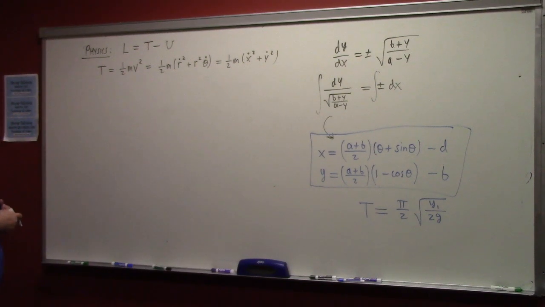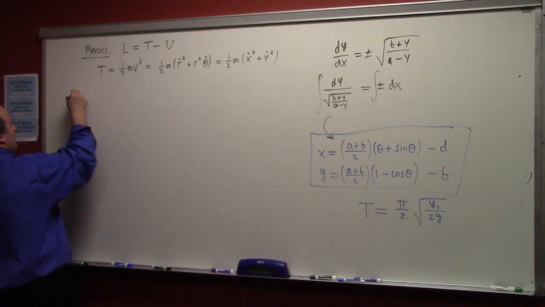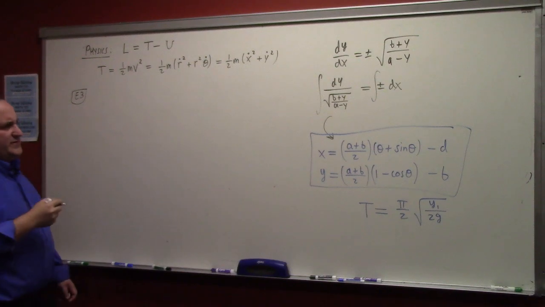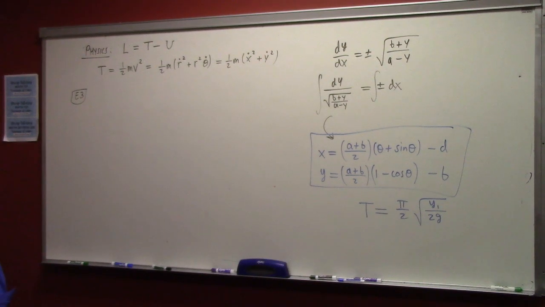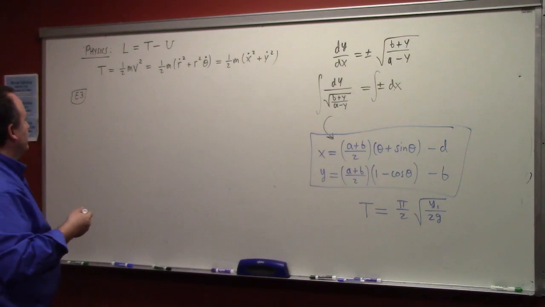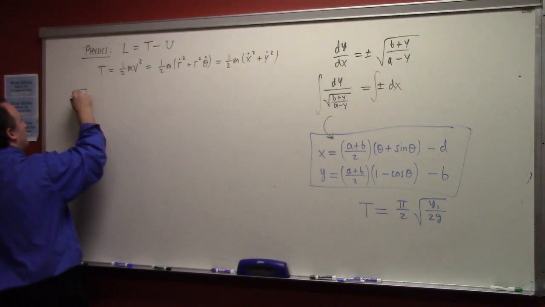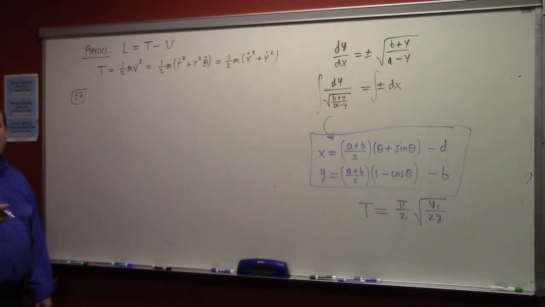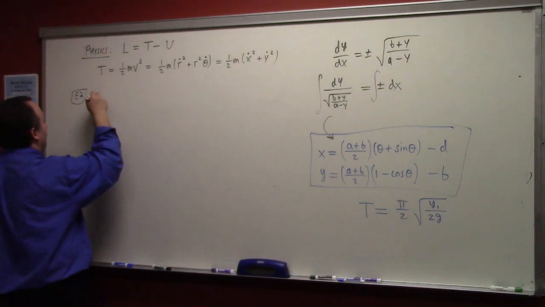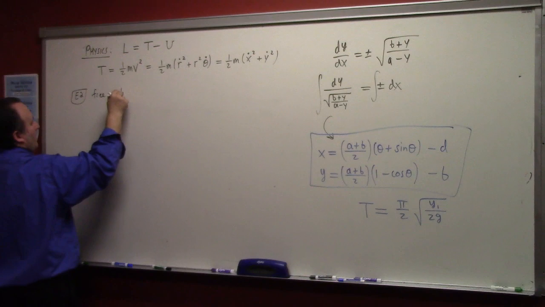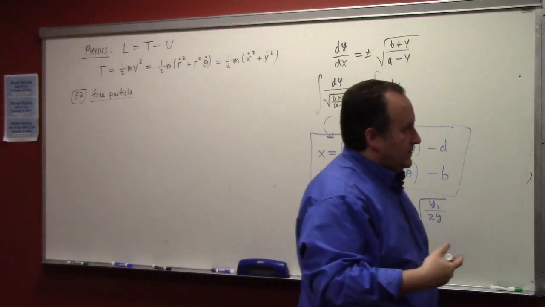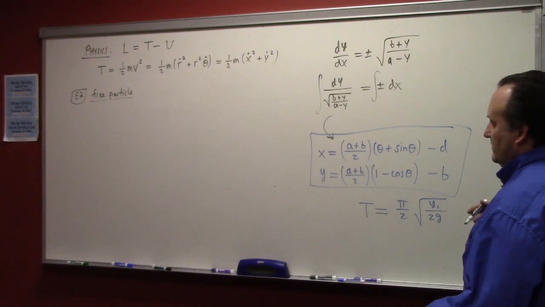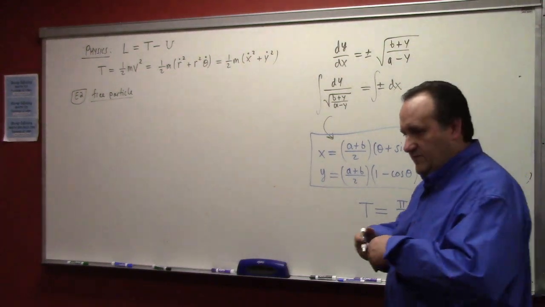Now potential energy, that depends on the problem. So I guess this is example 3. I guess the Brachistochrone was example 2, wasn't it? I've forgotten. Was that example 1? Probably. Yeah, I guess it was. So I guess it makes this example 2. So how about a free particle? What's a free particle? Well, a free particle is simply one where the potential energy is 0. So there's no force involved, it's just out there on its lonesome.